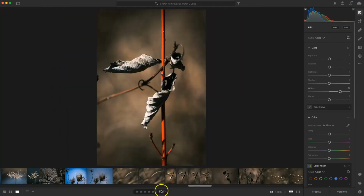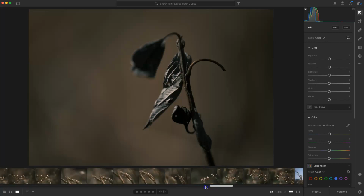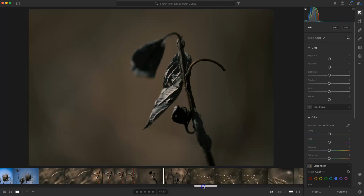I like that. So that will be a keeper. I don't think I need to do much more to it. And these are all JPEGs. I only shot JPEG today. No RAWs. And I did a film simulation, classic